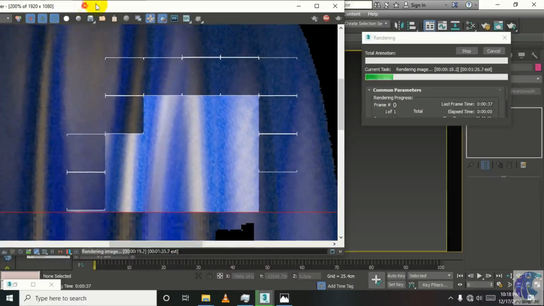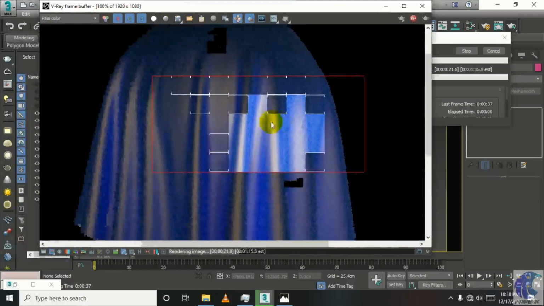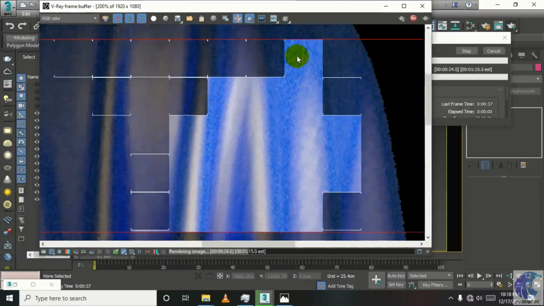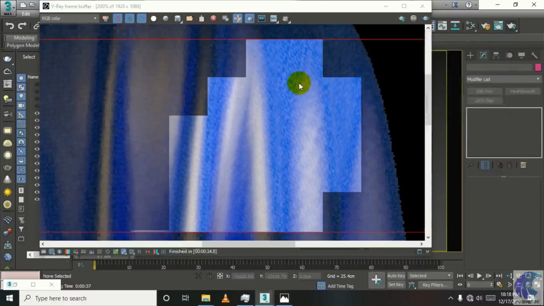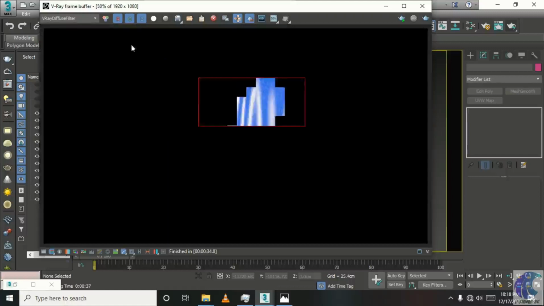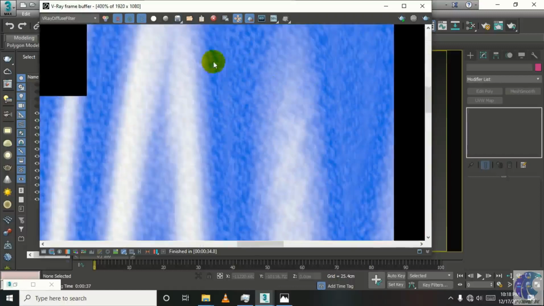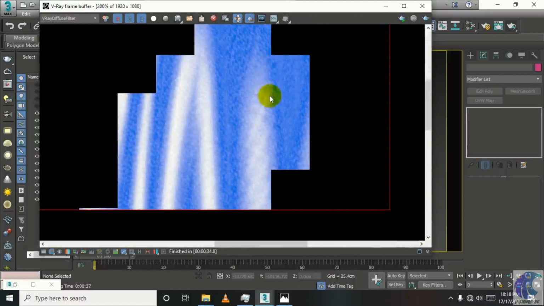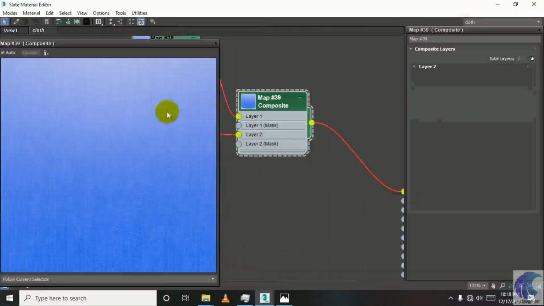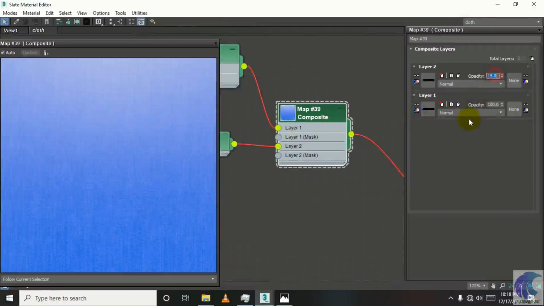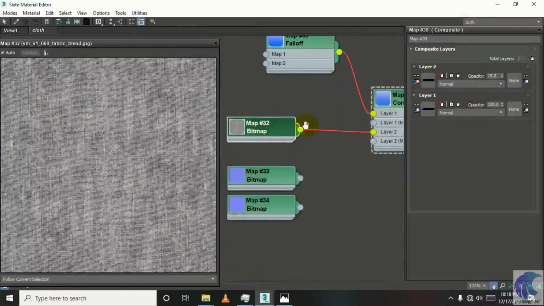Let me show you. Look at this. But this is big enough, and this is making it unrealistic. Look at this. This is making it unrealistic. We don't want it. We want it small pieces and less in velocity, less in opacity. So we have to lessen its opacity, or there is another way.